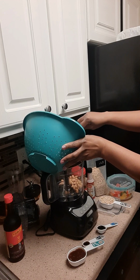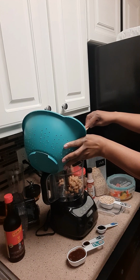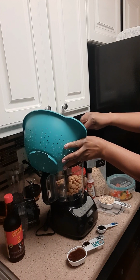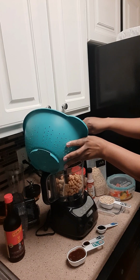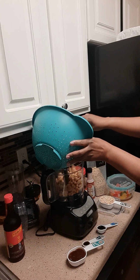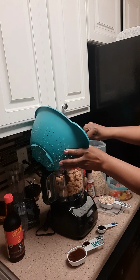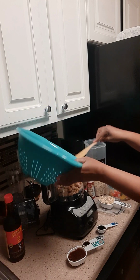And my vegetables, I'm actually going to add after. I'm not going to put them in the processor because I want them to keep their whole form. Similar to when you do a meat burger, you put your onions and peppers in after you have your ground meat. You add those later. They're not ground up with the meat. So we're going to prepare